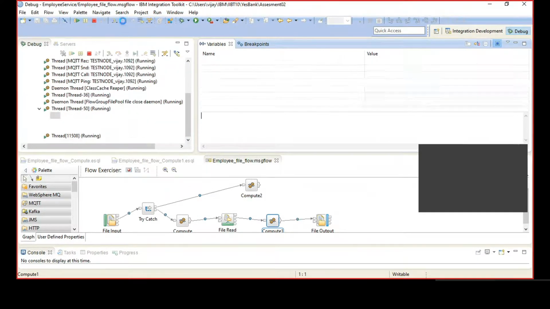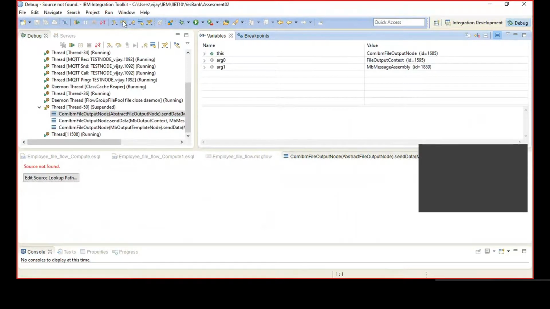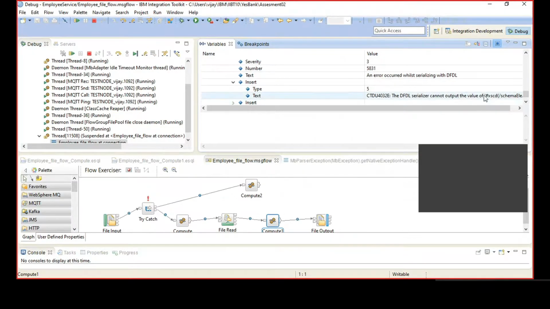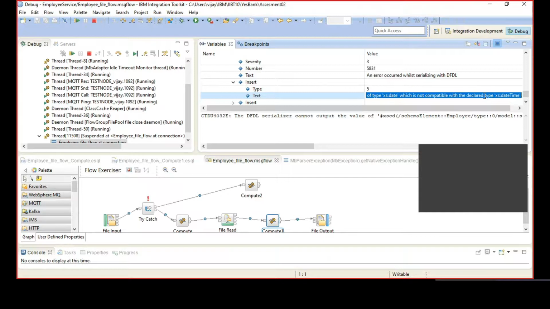Continue. What's it saying? Employee type, model, schema element, body element, sequence, date, because of a type mismatch.